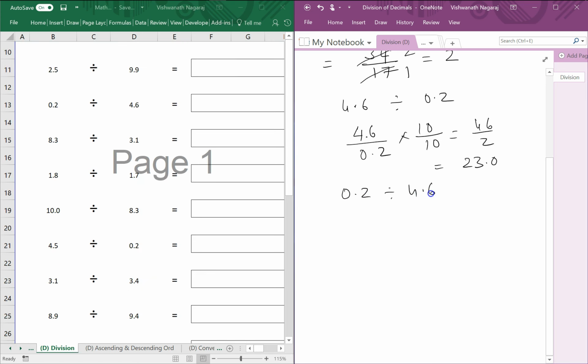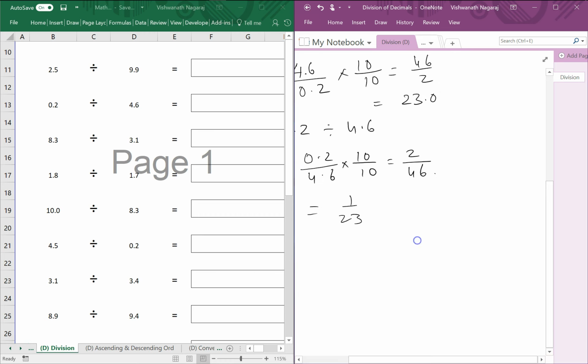Next, 0.2 divided by 4.6. So 0.2 by 4.6 times 10 by 10 gives you 2 by 46. 2 by 46 is 1 by 23. Now we have to write this in decimal form. So we actually have to do 1 divided by 23. So 1.0, still it is less than 23, so we put another 0. Now 23 fours is